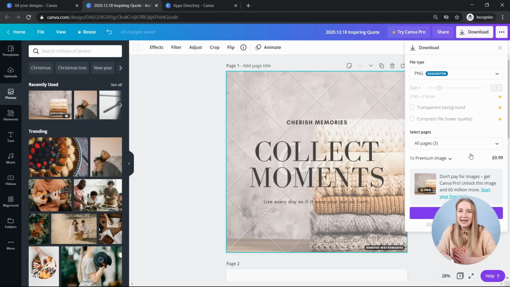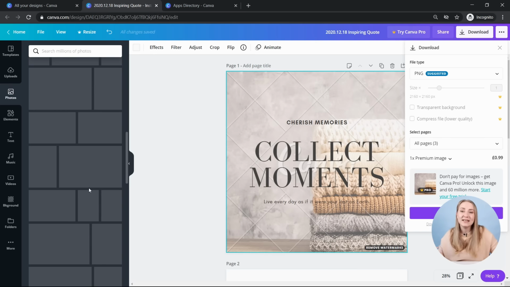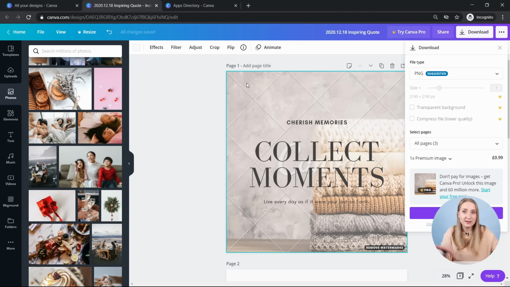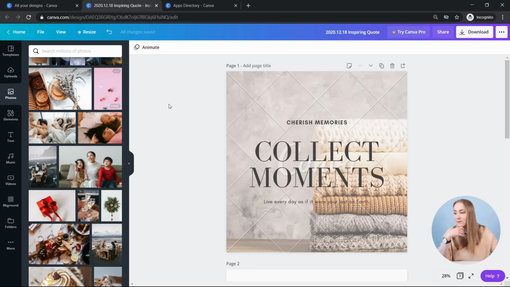So as you can see, in a month, if you're using quite a few of those photos, it makes more sense to have Pro. But obviously, more than enough free photos are available on Canva at the moment, so you don't really have to do it. It's just to show you that this exists, and you need to look out for it.